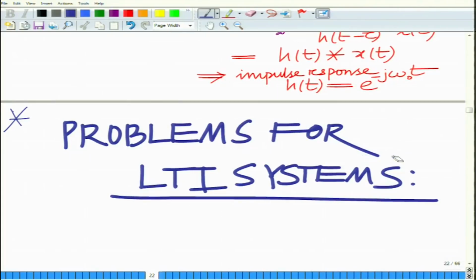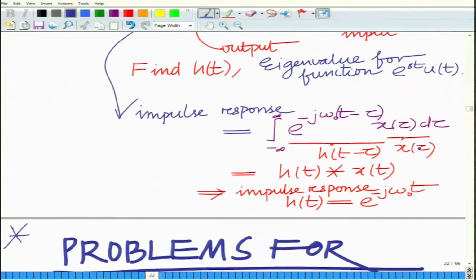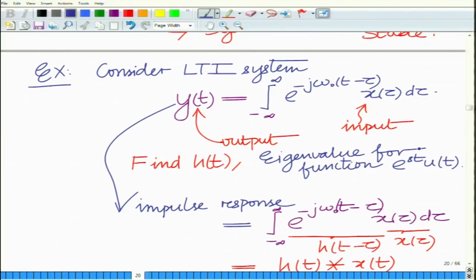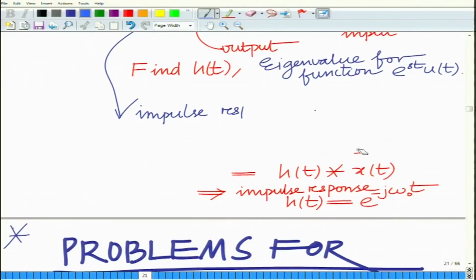So, before I proceed further, let me just modify the previous problem slightly. What I am going to do is, rather than making this integral minus infinity to infinity, I am simply going to change this to integral minus infinity to t, and now we can write this as the following thing. So, the impulse,